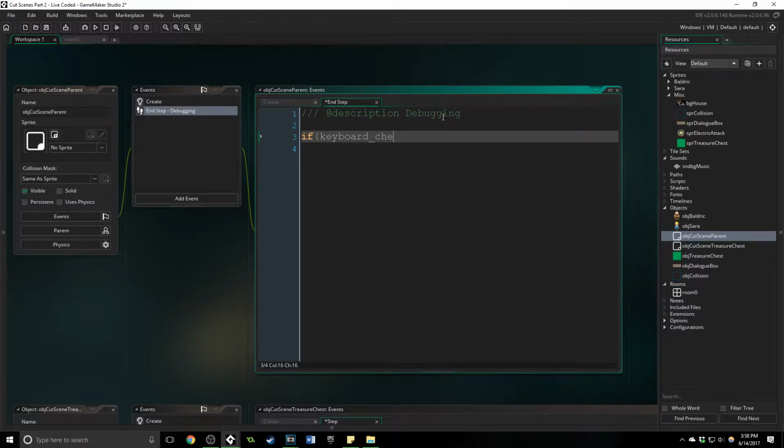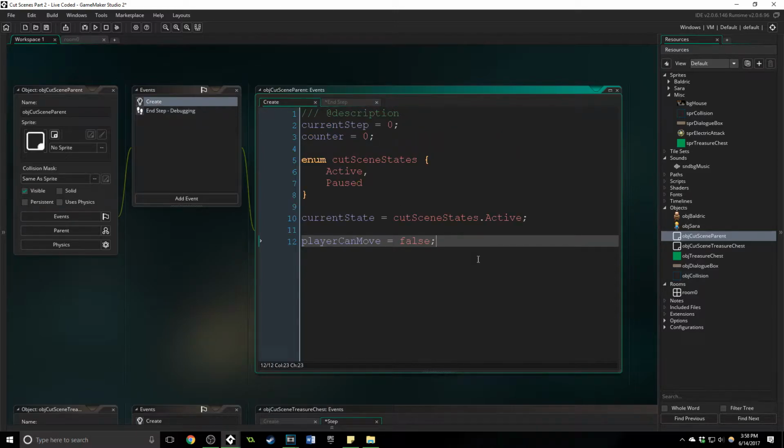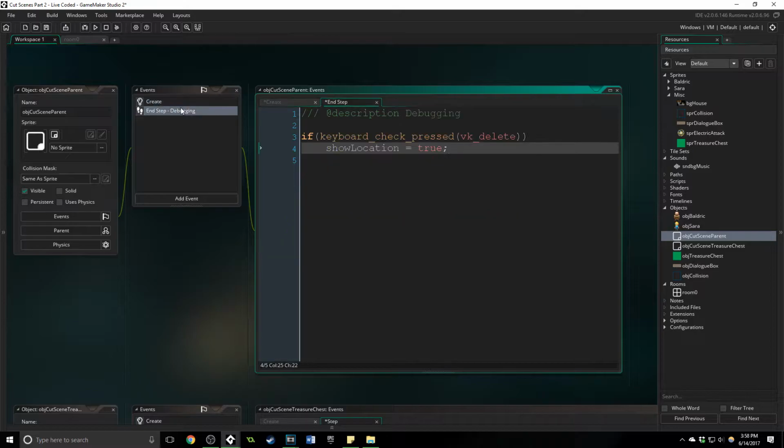So what we're going to do is put a specific debug in here that says if they press delete, then we're going to say show location is equal to true. And so let's come in here and create a variable called show location, which is normally false. And if this is true, we're going to do